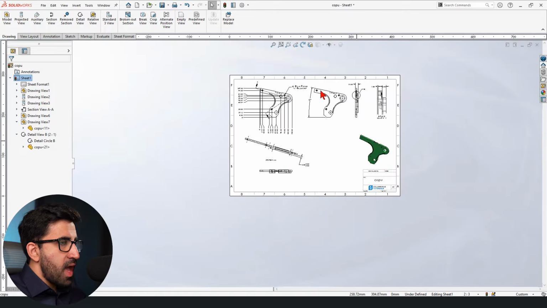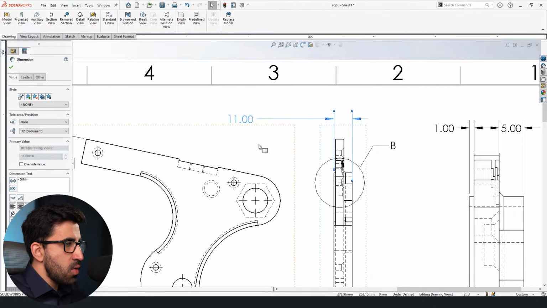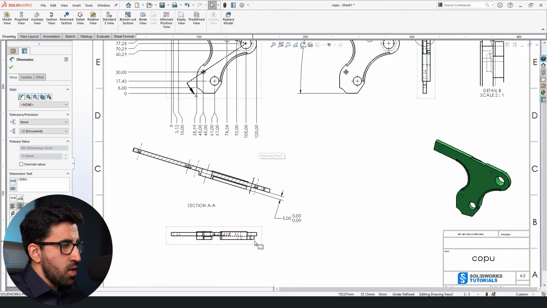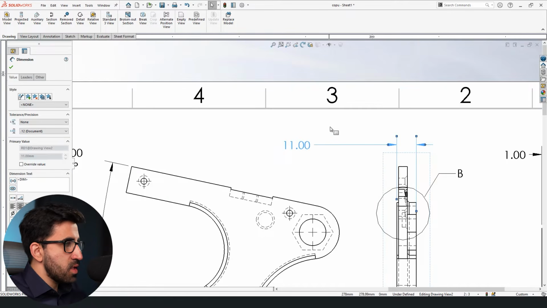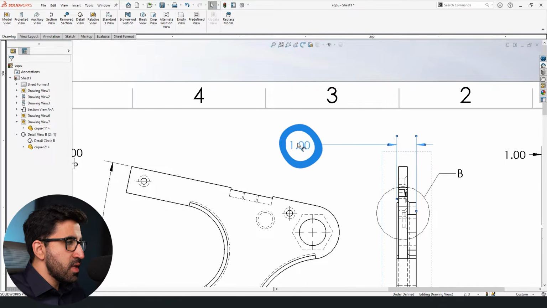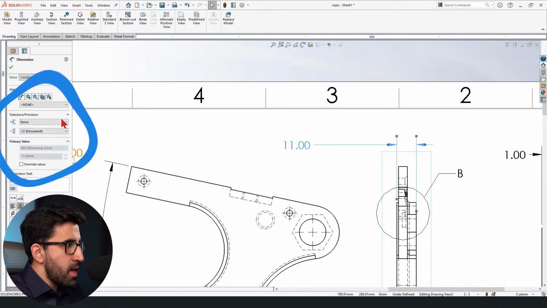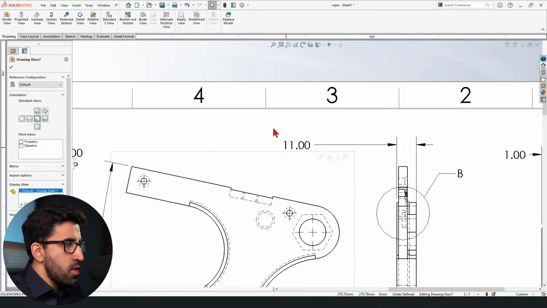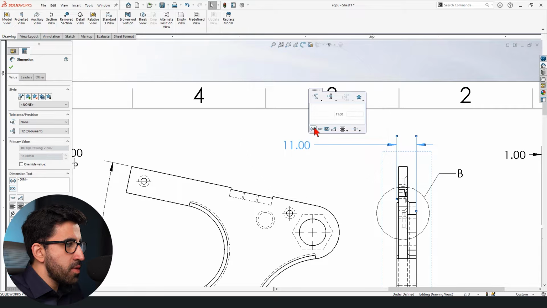Look, we have a dimension over here that is 11, sure, but it doesn't show or have any tolerances. What if you want to add a tolerance to it? Like this one, which is 0 by 0. It's easy. You just one time click on that dimension. One left click of your mouse is enough, and then you get the property manager of your dimension. Or you could just click on it, and before moving your mouse cursor, you see this pop-up appear,